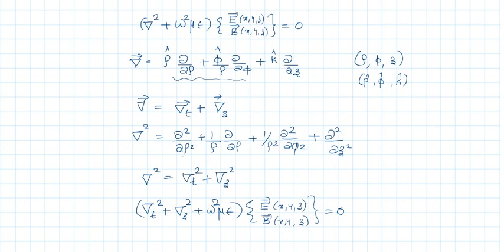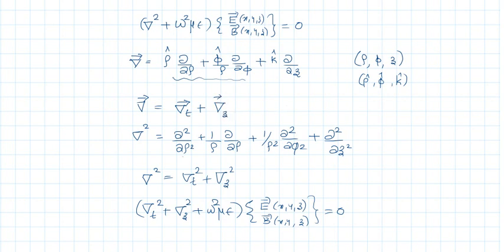Now, since it is a cylindrical waveguide, it has a cylindrical geometry, so we are going to use cylindrical coordinates. So del, you can write it as rho cap dou by dou rho, plus phi cap by rho dou by dou phi, plus k cap dou by dou z. The coordinates are rho, phi and z, cylindrical coordinates, and rho cap, phi cap, k cap are respectively the unit vectors. Now, this del can be split into two. The rho cap, phi cap terms combined together are known as del t, and the k cap, that is the component along the axis of the waveguide, is del z.